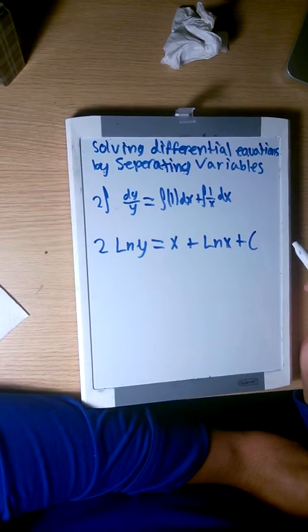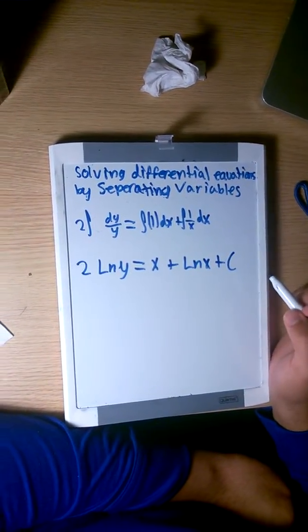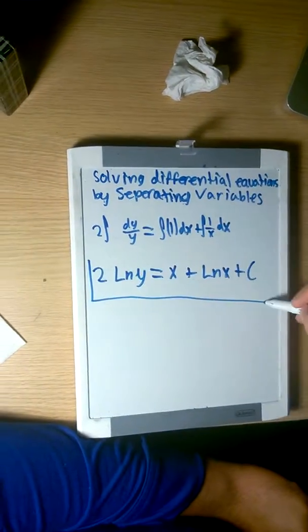And we add c on the right side, but it doesn't really matter because it's a constant. You can add it on either the left or the right side. And then we are